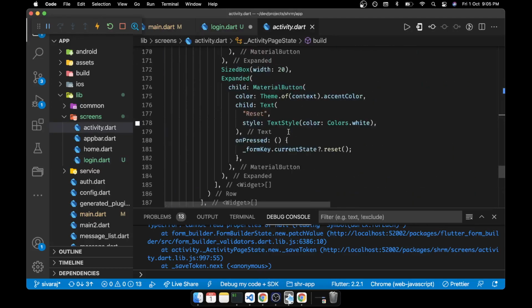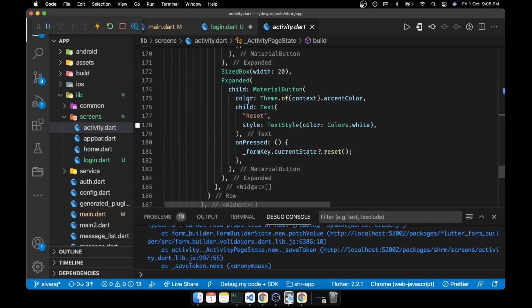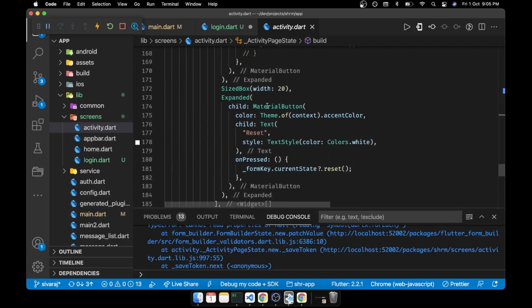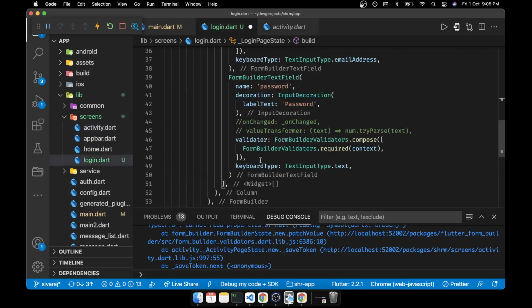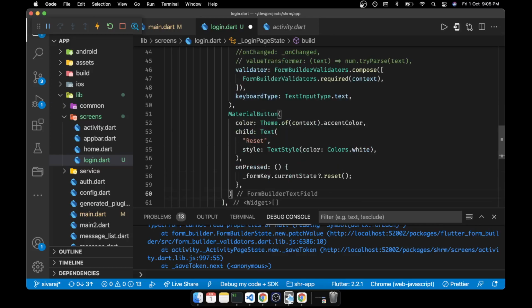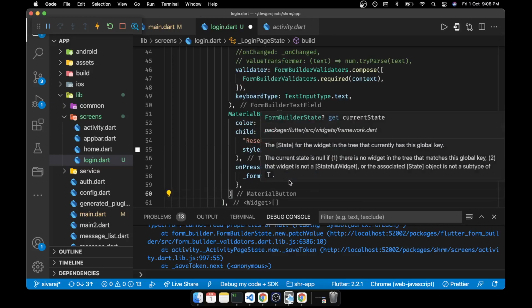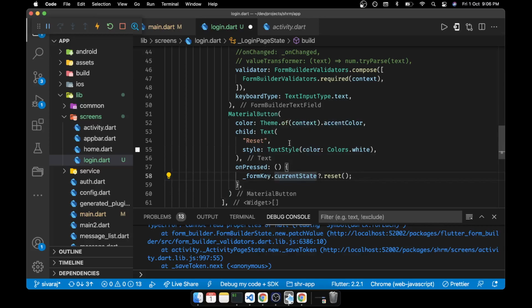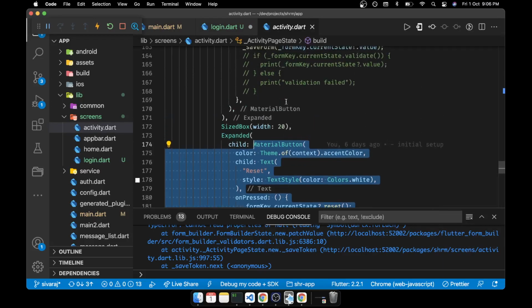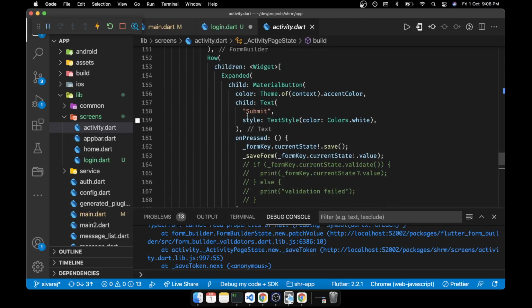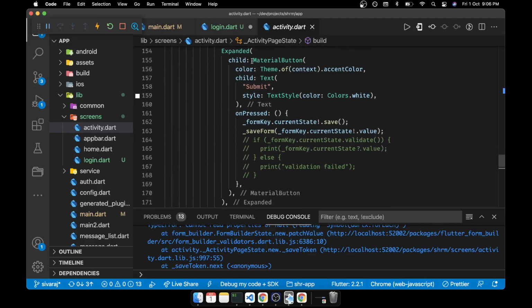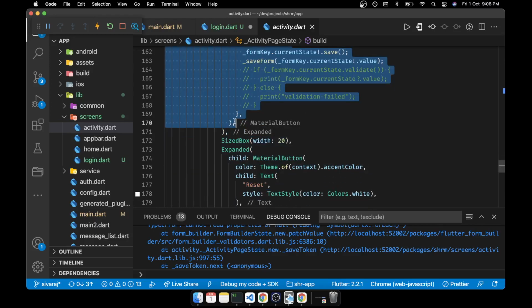So we'll bring the material button, on press state. We'll take the material button and paste it as the third item. Whenever they press, on press is the current state, and we can mark it as run. Any other things? Okay, this is for reset. What about submit? We need only submit. Okay, we need only login, no? So we don't need to worry much. Material button. Okay.